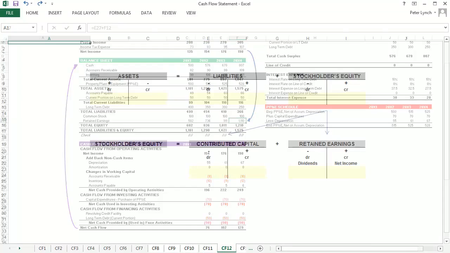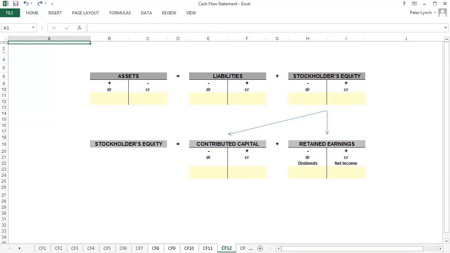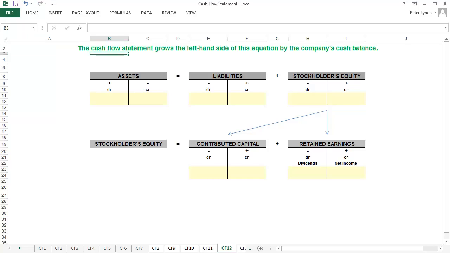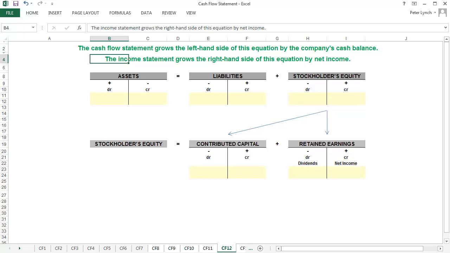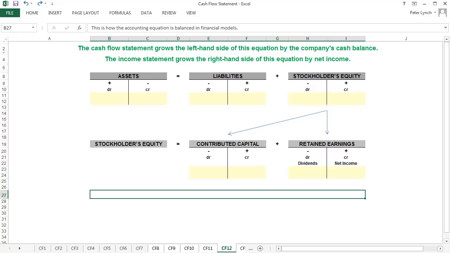And recall that the balance sheet is just a formal presentation of the accounting equation, which you see here, with assets equal to liabilities plus stockholders' equity. If the cash flow statement grows the left-hand side of this equation, or assets, by the company's cash balance, and the income statement grows the right-hand side of this equation, or stockholders' equity, by net income, then the cash flow statement, which starts with net income, is making adjustments so that this equation holds true. And that relationship is how the accounting equation is balanced in financial models,